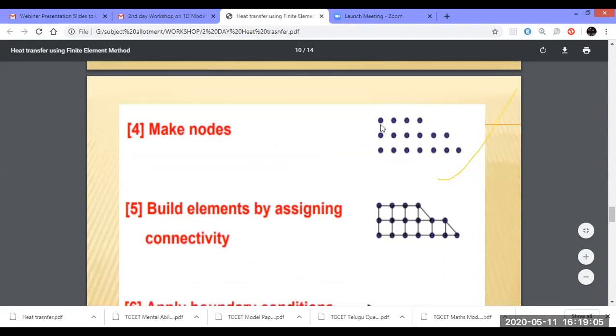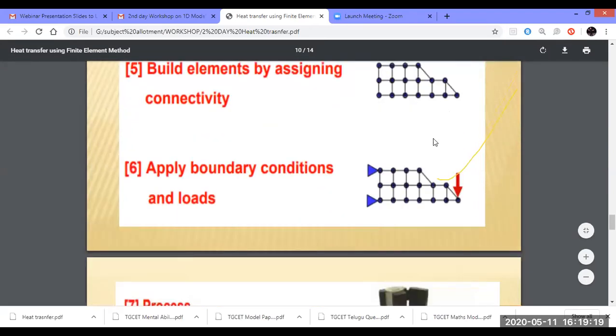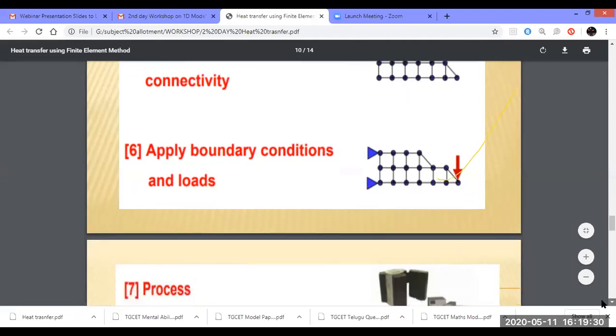First, for creating geometry, we are going to generate nodes. After generating nodes, we are going to join all these nodes with the proper direction. That is most important. And after generating these lines, now we are going to apply the boundary condition. Here they apply the force, and here they constrain two positions, they constrain all degrees of freedom. This symbol means all degrees of freedom are constrained.